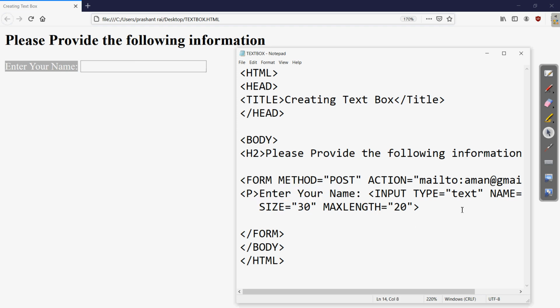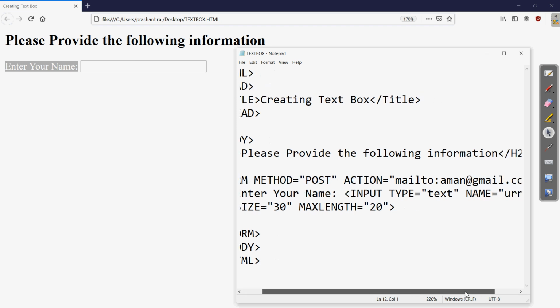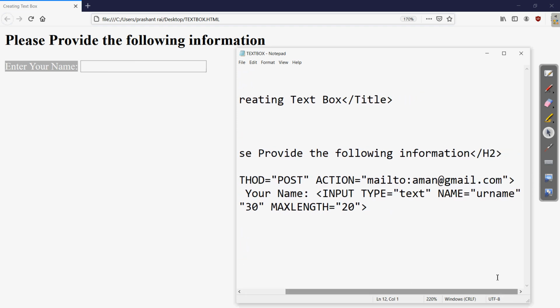Then in the input type, as it is a text box, we need to specify the input type. It can be text box, text area. Then we will see the others, like the radio buttons. Here we can mention those input types. Clear? Then the name of this text box. Each of the elements which we use in HTML, we can give a name. Why are we using the name?